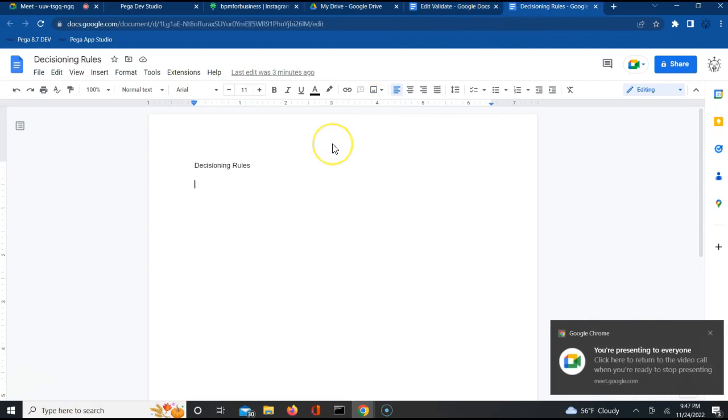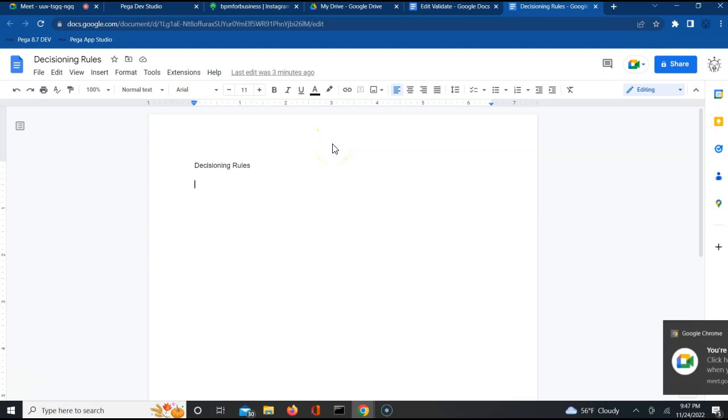With that part covered, the next piece where I want your focus to move is decisioning rules in Pega. So the decisioning rules, we have already seen a few of them, which is the when rule. We saw the when rule. It has a single condition based on which, if it is evaluating to true, then we are performing some task. We use the when rule, right? When we designed the data transform, we used the when rule. Yes or no? We created a when rule and we used it,